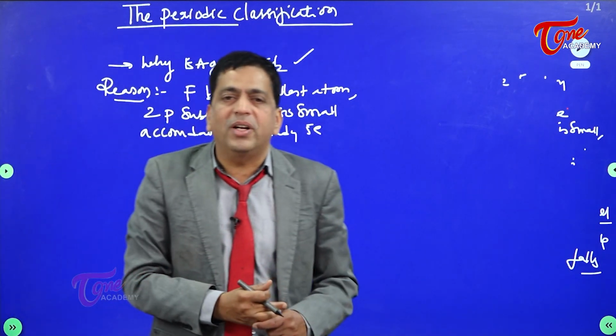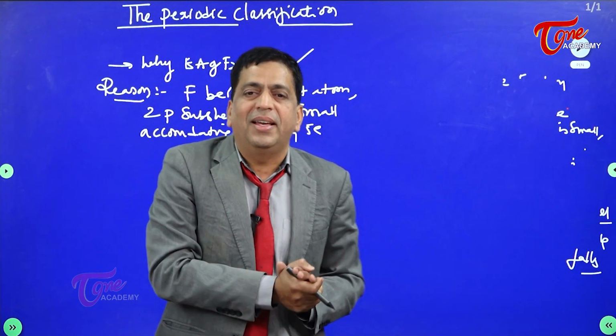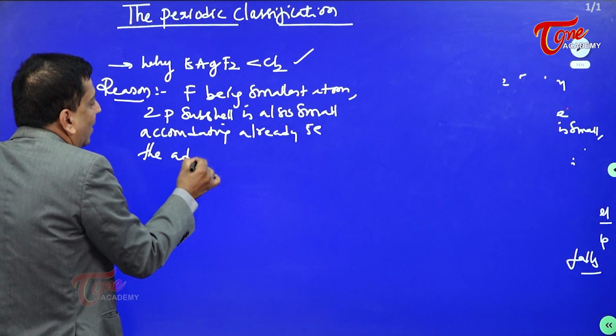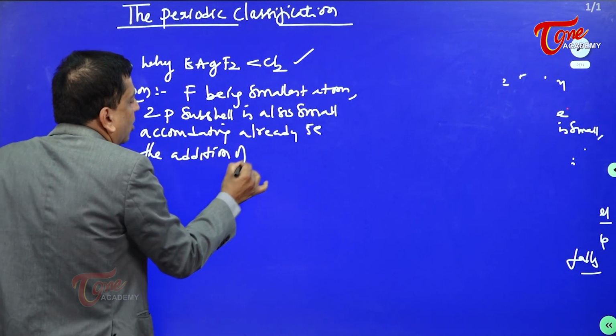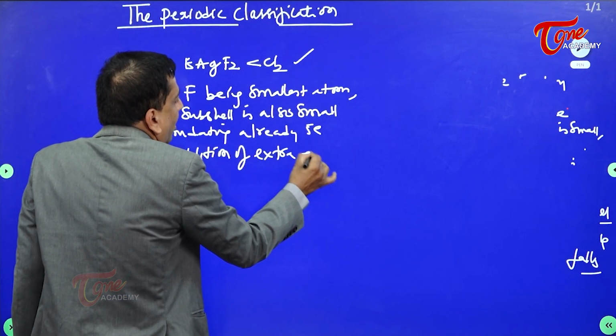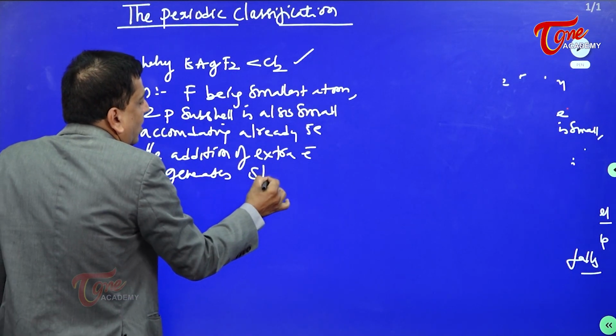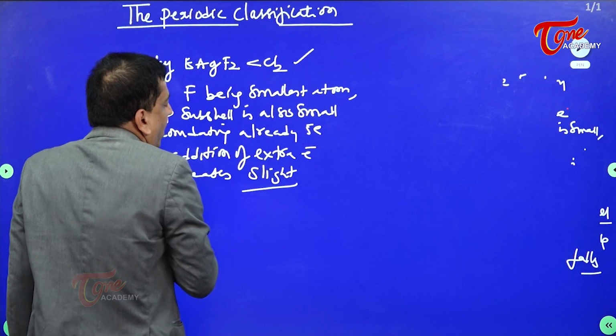Already what? Accommodating 5 electrons in a small space. Then the addition of an extra electron generates slight, I would like to underline the slight,